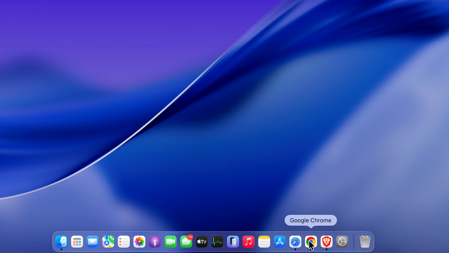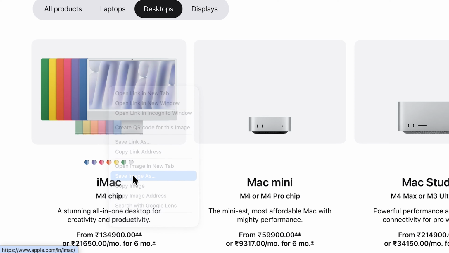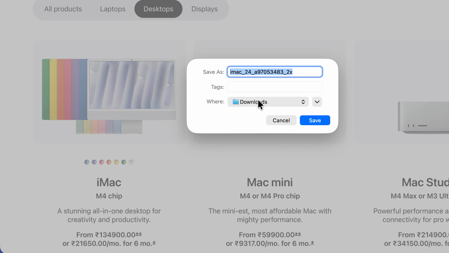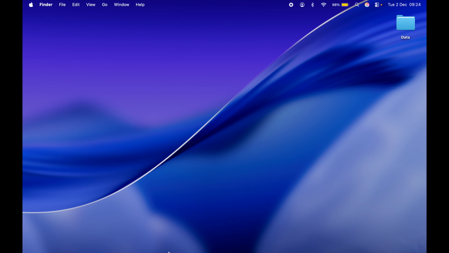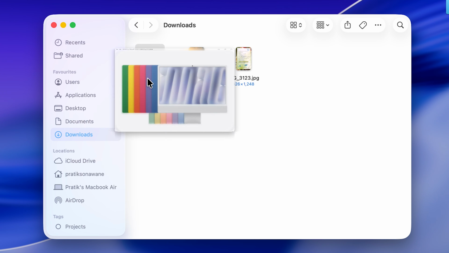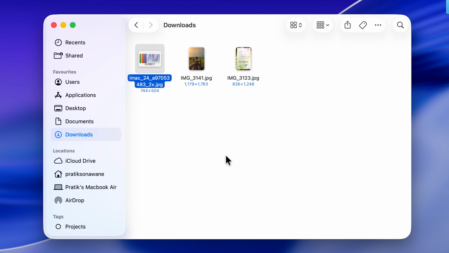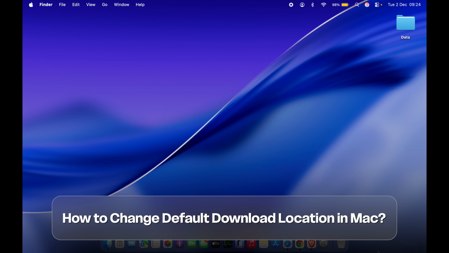So friends, we all know that whenever we try to download something from the internet, the file is saved to the downloads folder. If I download this particular file and go to Finder, you can see in downloads, I'm able to see the recently downloaded file. But in case you are wondering how to change the default download location in your Mac, then this is